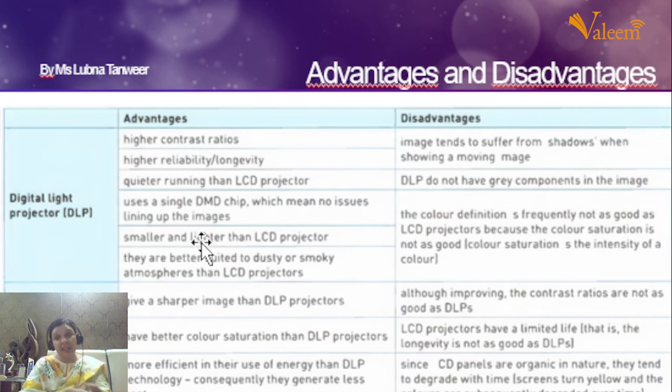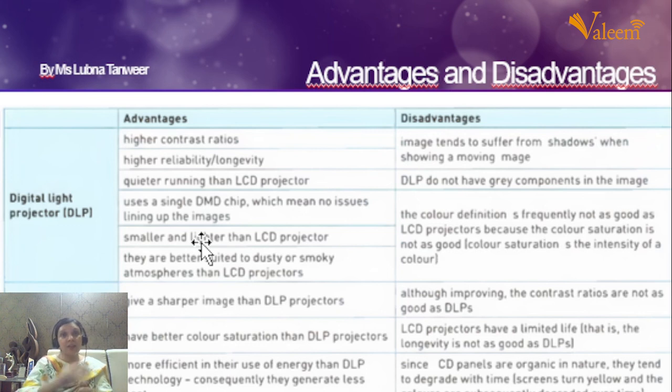And as compared to an LCD projector, DLP projectors are comparatively less expensive whenever you have to go through any kind of maintenance, because maintenance costs a lot for an LCD projector as it contains more parts, right? DLP projectors contain comparatively fewer parts, so they are less expensive to maintain, right? And they have a long life as well, right?